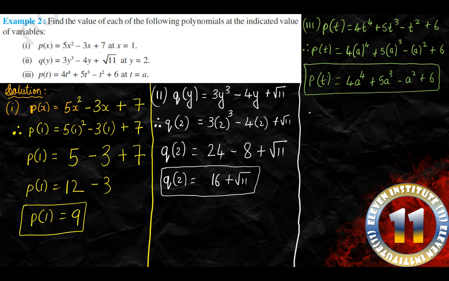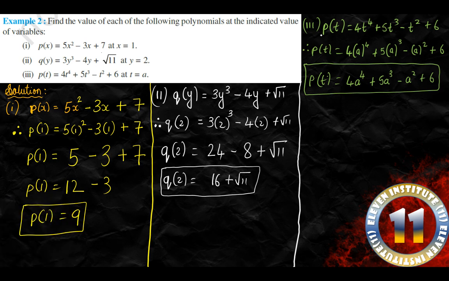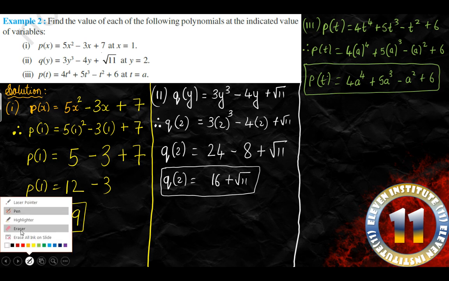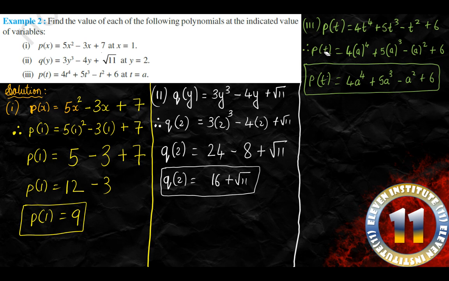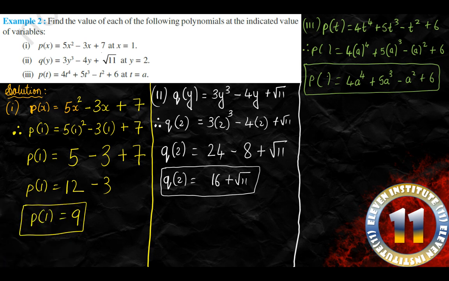Now I have voluntarily made a mistake over here. Can you find any mistake over here? Yes, we can find a mistake over here. We have substituted a instead of t, right? So here p of t won't come. Please take care of that. So instead of t we have to write a. So we will write p of a over here.